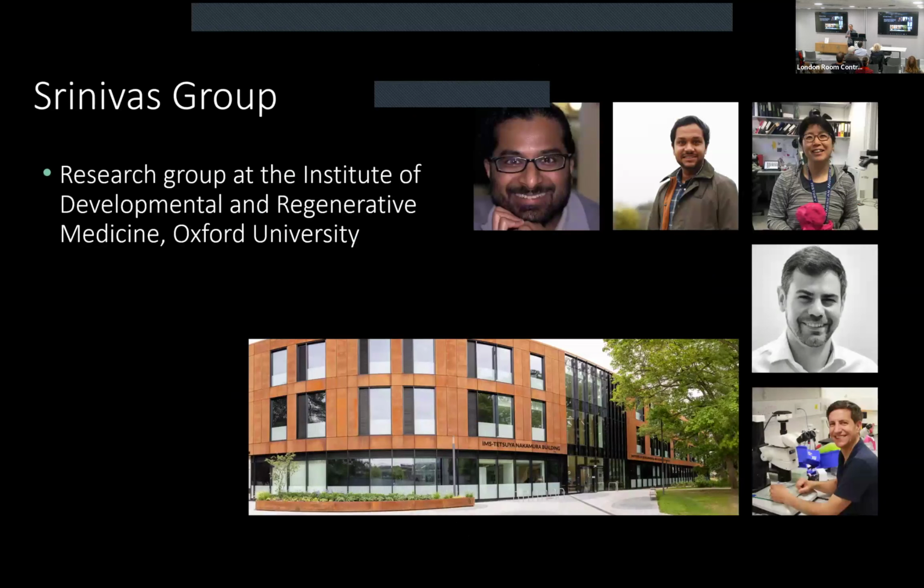It's together with a research group over in Oxford called the Srinivas Group, named after Professor Shankar Srinivas, who is the first picture you see there. They're a research group doing fundamental developmental biology research, but in medical research institutes. They're in the Institute of Developmental and Regenerative Medicine in Oxford. So you see the controls introduced, that's Shankar, and then Shifa, Tomoko, and Jonathan. That is the Srinivas group.